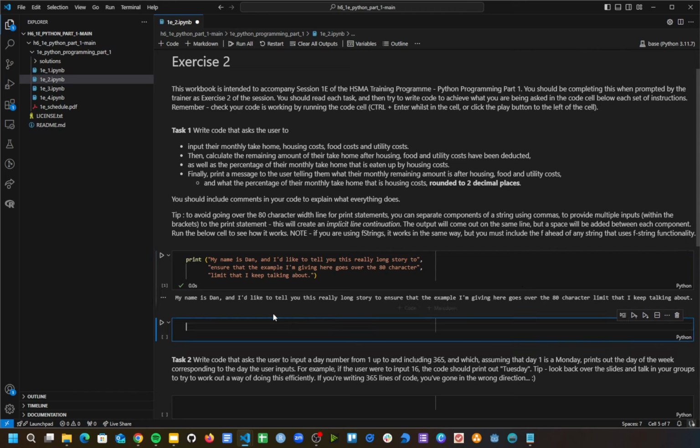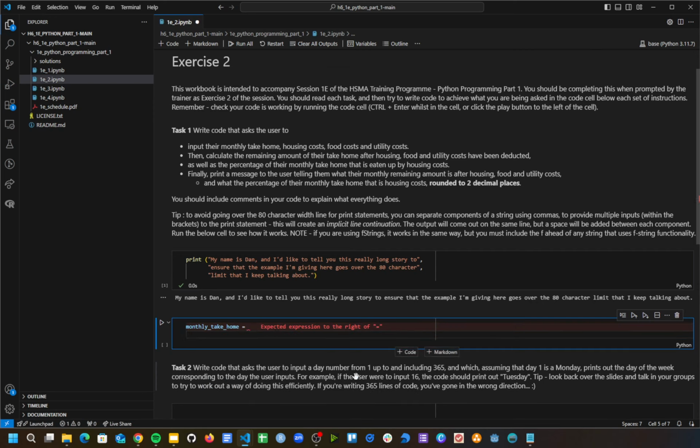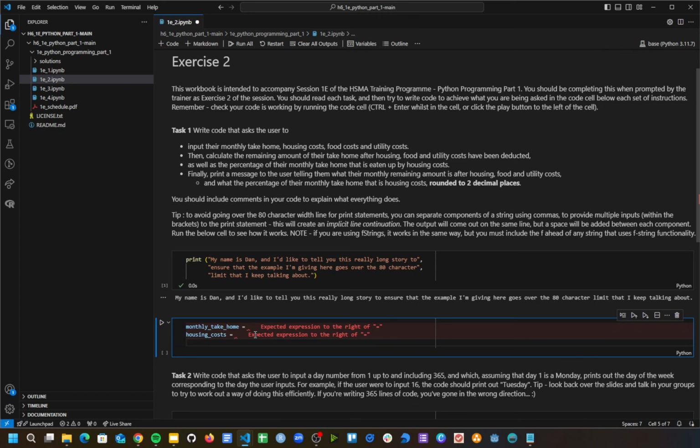So we've got a nice code cell here where we can start writing our own input. Now, I'm going to create some space for a couple of different variables. I want monthly take home, press equals, and even though we're getting an error here because we haven't actually defined what this variable is yet, that's fine. I'm going to come back and do that in a second, but I'm just going to set up all of my variables first. So housing costs, food costs,